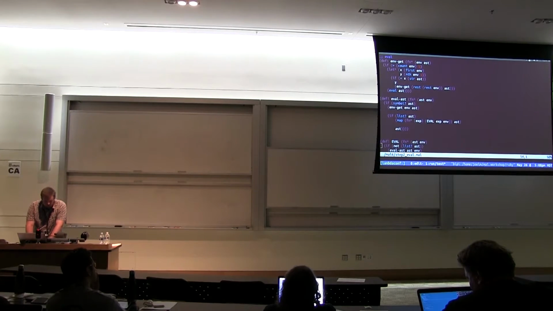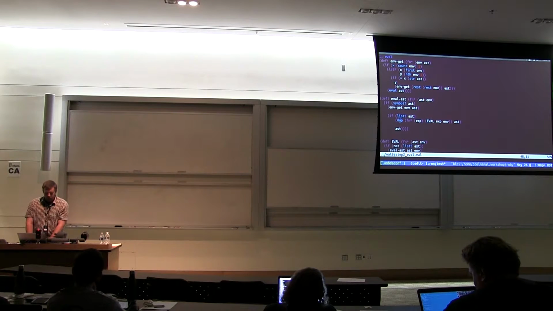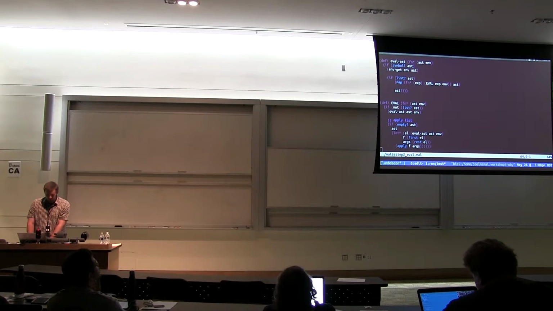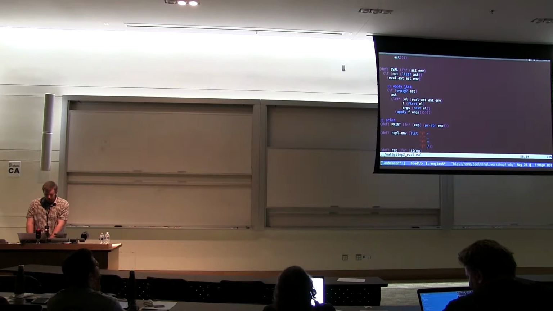It's pretty ugly, but you don't need to really care about that. And if it's a list, then we map across calling the eval for each of those elements. Here's eval. As you can see here, if it's an empty list, we just return it. If it's not an empty list, we're using let here to capture the result of running eval AST